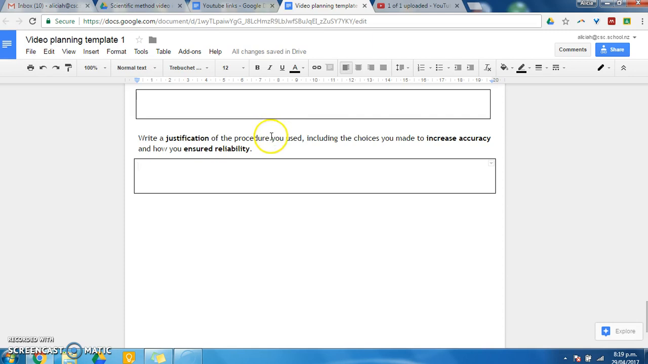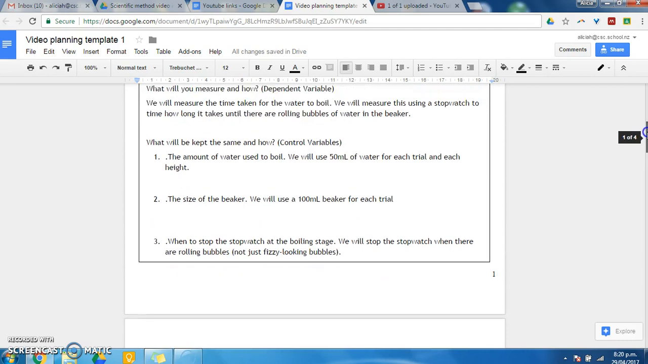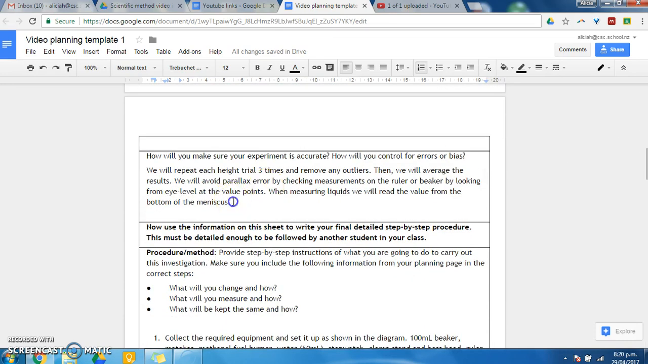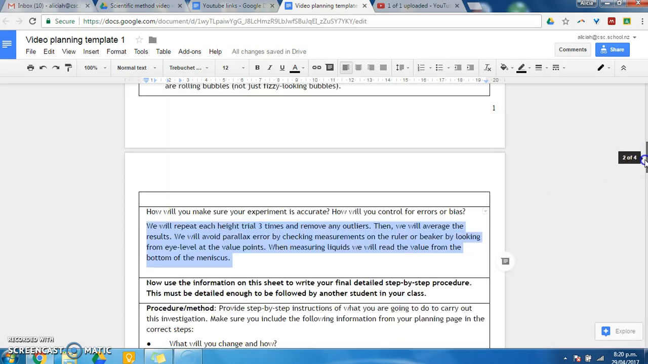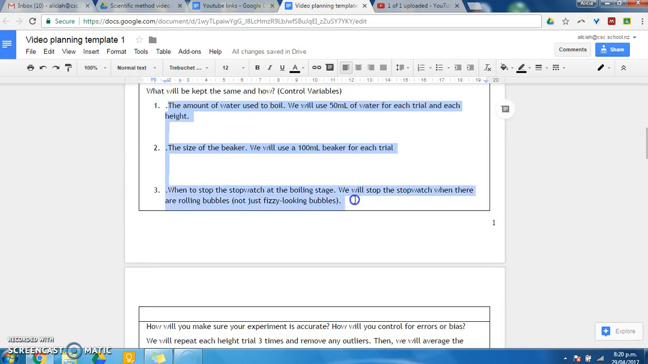So, in a justification, you need to talk about the method that you used, including the choices that you made to increase the accuracy, and also explain how you ensured that your results were reliable. So we use the information that we wrote in the planning sheet, so this is why the planning sheet is important. So things such as the control variables, we have to talk about them. We also have to talk about the things that we did to make sure that we kept it accurate as much as possible. So to make life easy for ourselves, what I'm going to do is copy the control variables